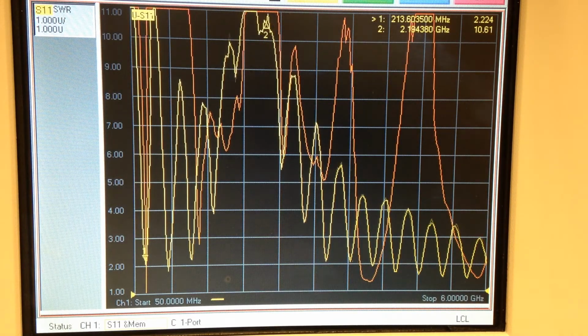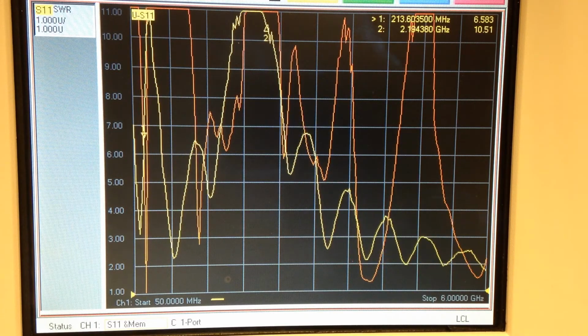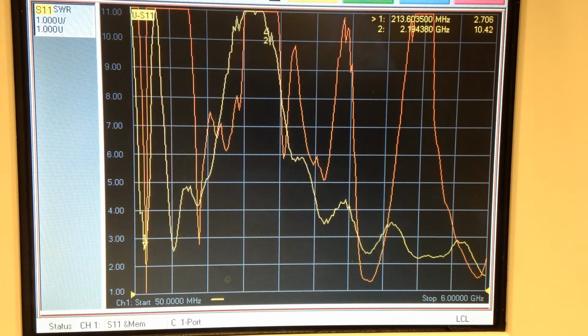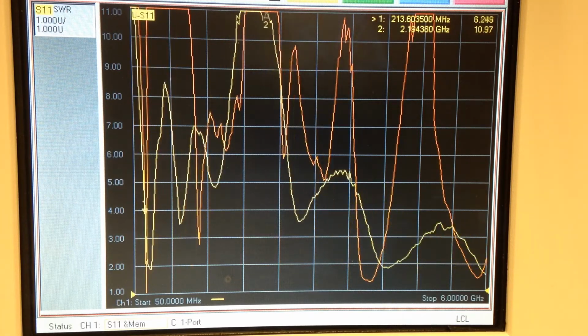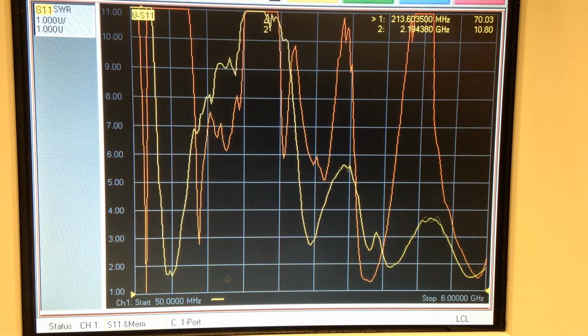So our first resonance with the whip fully extended is approximately 200 megahertz. Now if I start reducing the whip length, I'm shortening the thinner sections, because we want a wider section to give us more bandwidth. You can see that first resonance is increasing in frequency. If I shorten it all the way down, you can see now it's moved up to